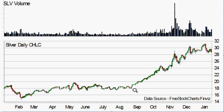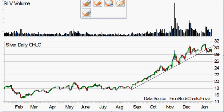As far as some trend line analysis is concerned, this trend line has obviously been broken. No denying that, but it still has held this 28 level. So you can say that the neckline for the head and shoulders pattern is like 2850 or 2840 or whatever, but really 28 is a massive, massive level because it was